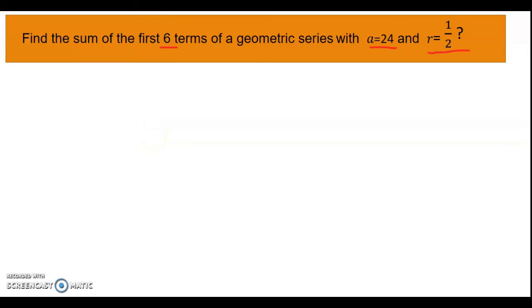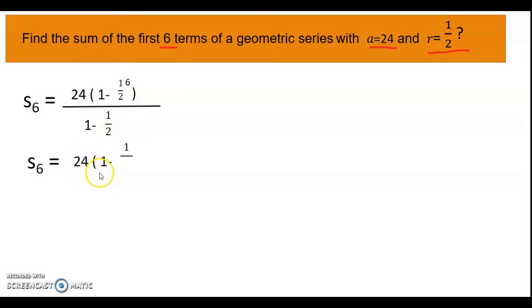So let's substitute the given values to the given formula. So here s sub 6 is equal to 24 times 1 minus 1/2 raised to the power of 6 over 1 minus 1/2. So 1/2 raised to the power of 6 is 1 over 64, and 1 minus 1/2 is 1/2. So let's proceed. So 24